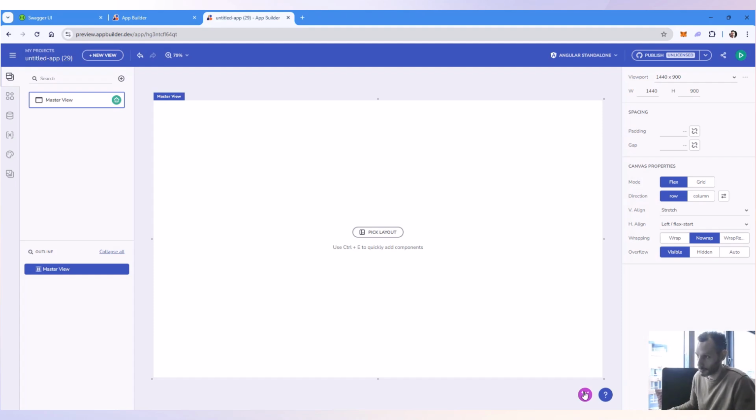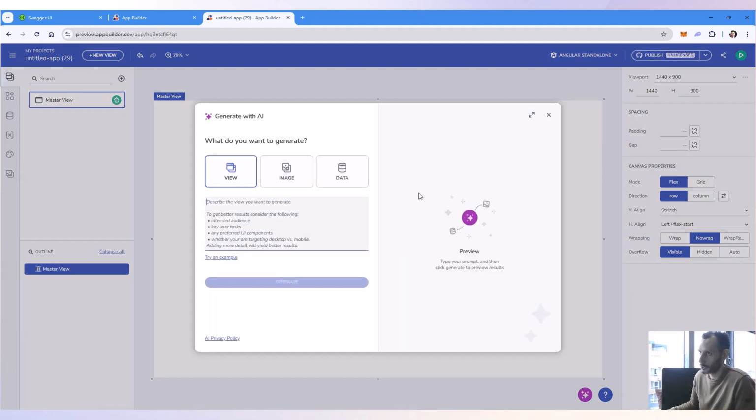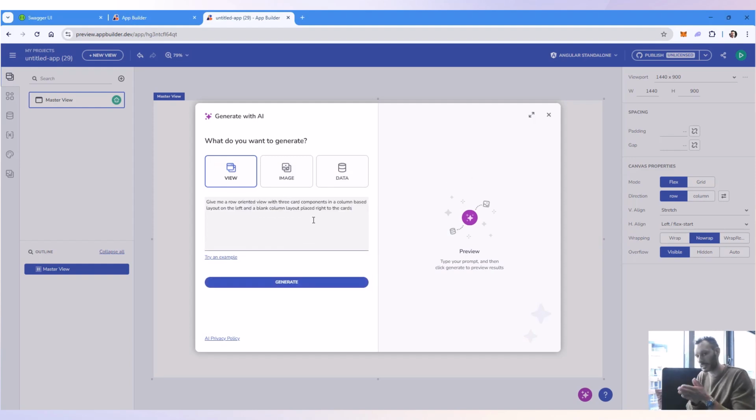Something that I'm going to start off with in the application is to actually show you the new generate with AI dialog, which is over here. I'm going to use a very short prompt, asking AI to give me a view with a card, which are predefined for me in order to pick them up and start using them. I'm going to click generate, and within a few seconds, I will